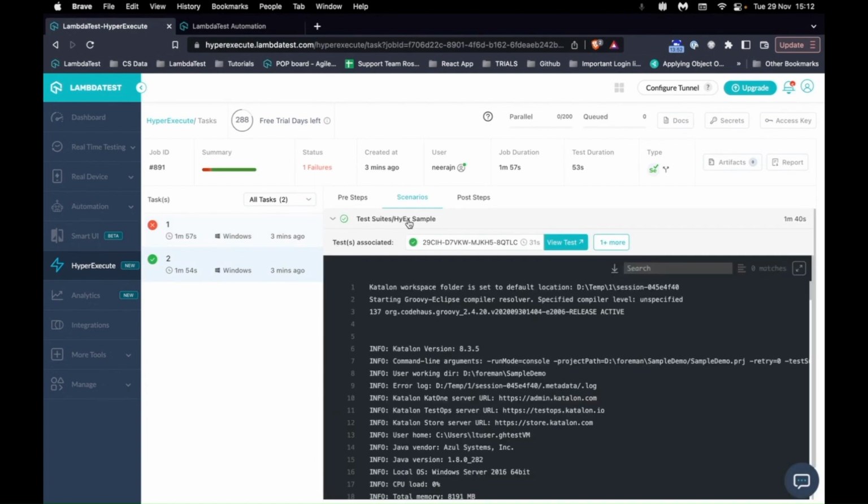So this was how simple it is to integrate HyperExecute with LambdaTest. In case you have any questions, please feel free to reach out to